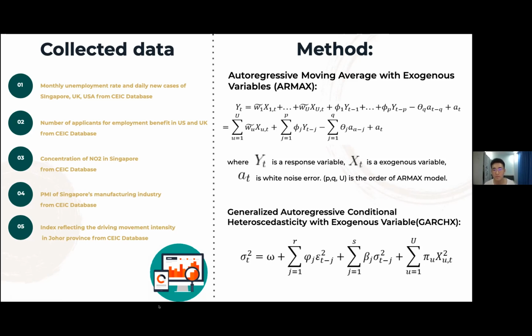This index is closely related to industrial emissions, which in turn indicate industrial activity. Research has shown that the lower the concentration, the fewer the industrial activities, which may also indicate that the unemployment rates would increase. In terms of new cases, the index of driving movements via the Johor-Singapore Causeway was used as an